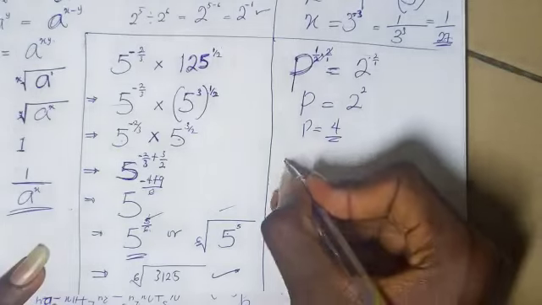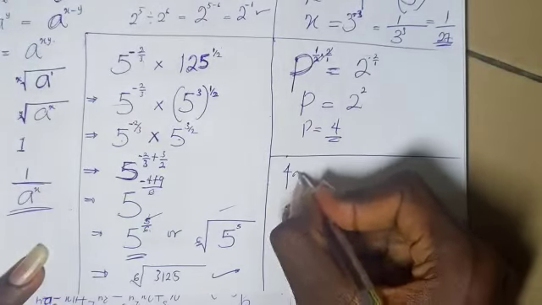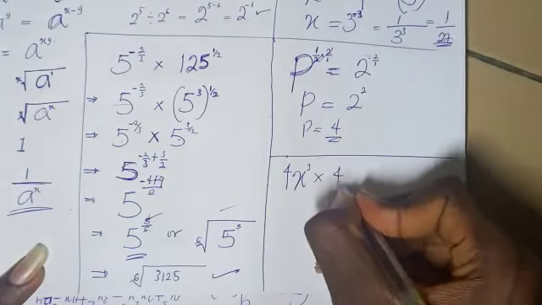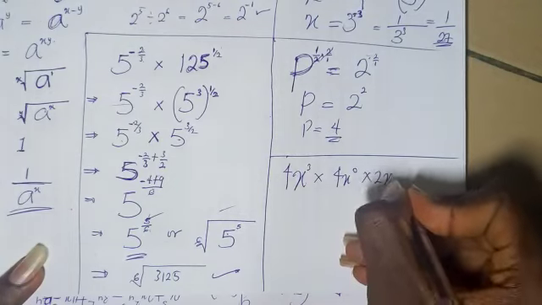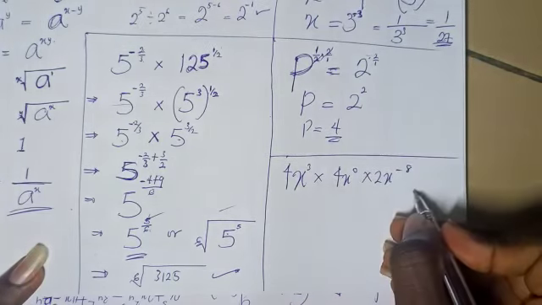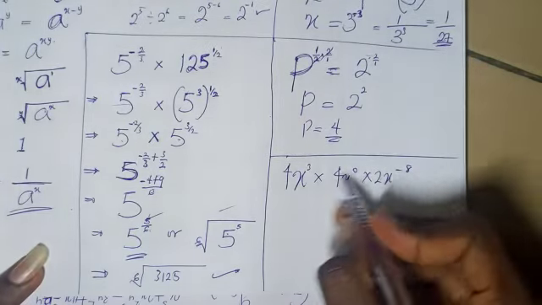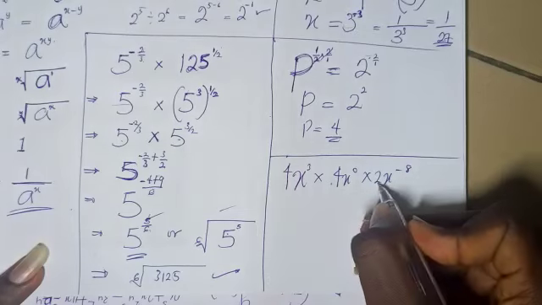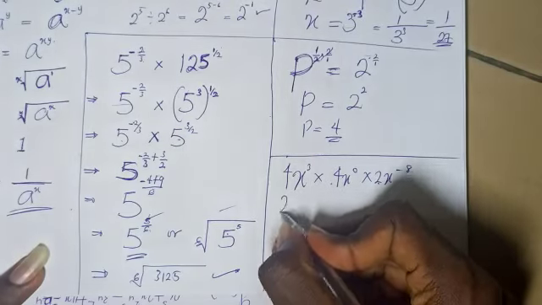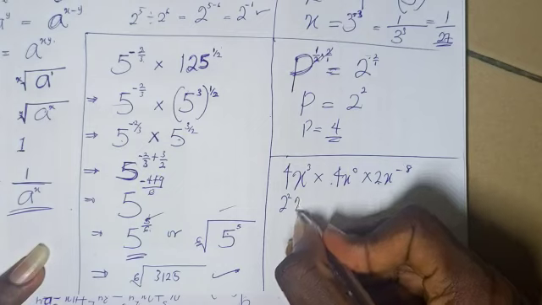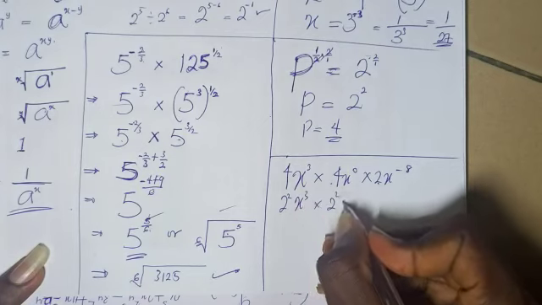So what if we have this kind of question? 4x raised to the power of 3 times 4x raised to the power of 0 times 2x raised to the power of minus 8. Here in this case, this is very, very direct. You are free to multiply this and this together. But if I were you, I'll just do 2 squared. And I have x cubed times 2 squared. I have x